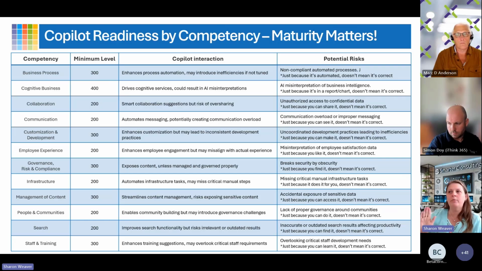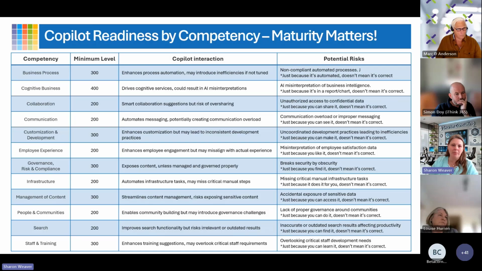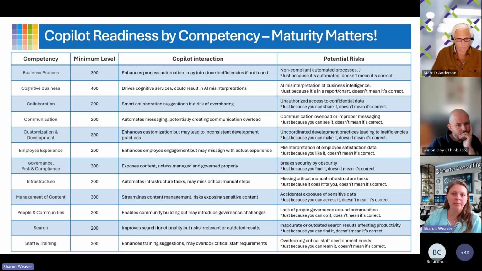So use the maturity model against where you're at, do the workshop. It's out on the website. It's super cool. Fill out the spreadsheet, find out where you're at and know where you're at so that when you're looking at this, you could be like, oh, okay, I see why you're saying there's a risk there. And it really helps you narrow down the things we need to maybe try to at least have a mitigation plan for before we start our Copilot rollout, adoption, implementation, go live.